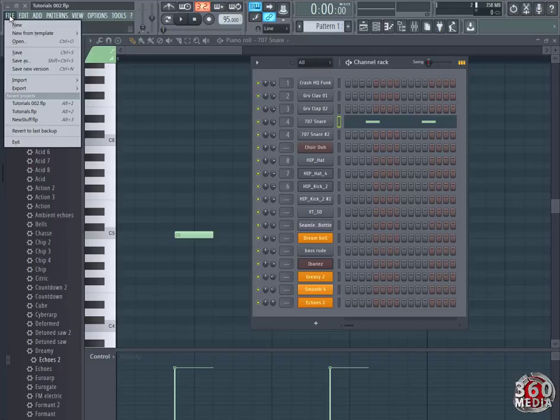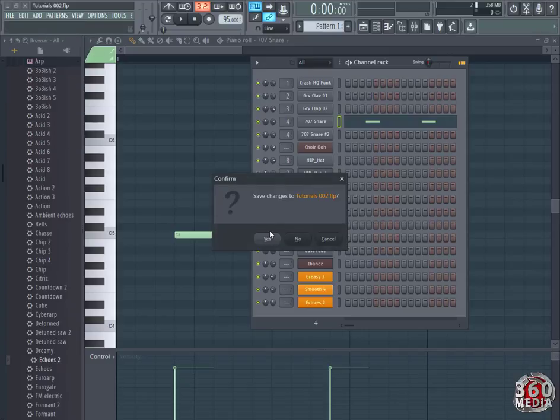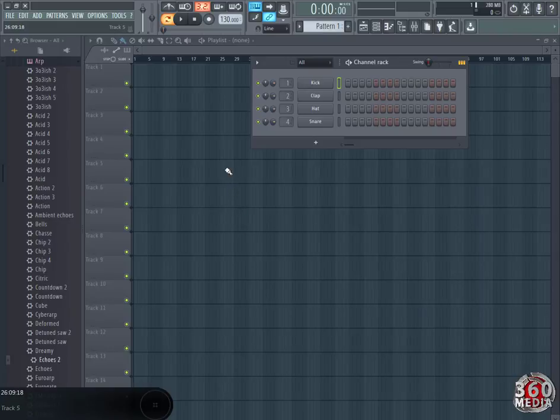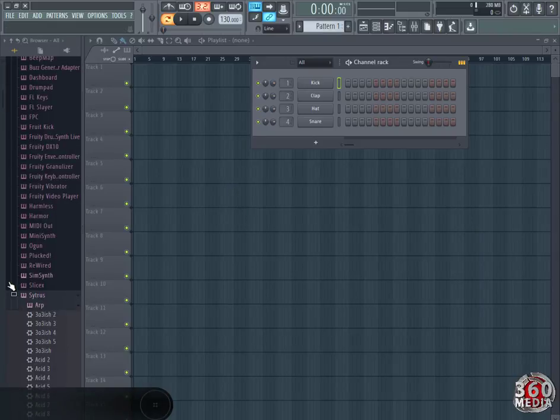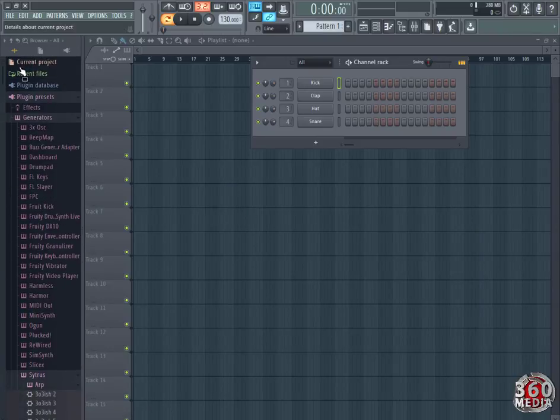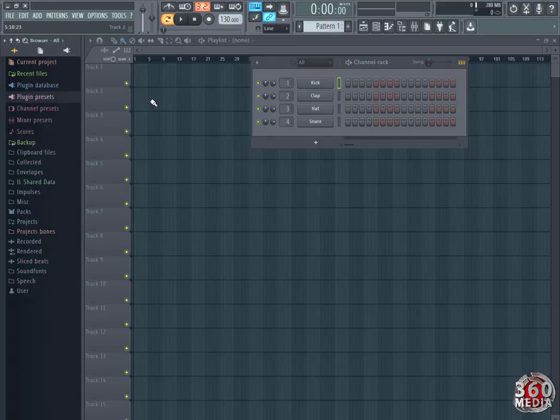First of all, when you start FL Studio, go to New and set up a new blank project. When you open a new project in FL Studio, it will look like this. These are the default instruments that FL Studio 13 sets up for you when you start a new project,